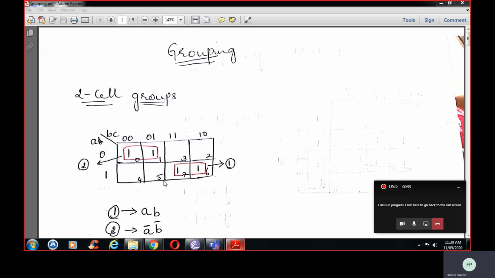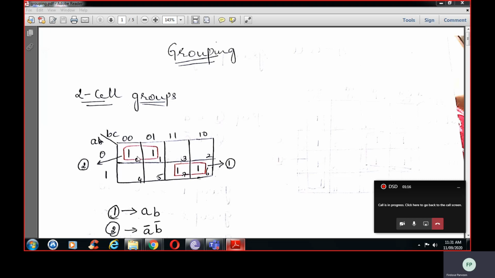Here you can see a 3-variable K-map. The variables are A, B, C, and we have taken an example for 2-cell grouping. So this is cell 0, this is cell 1, this is 2, 3, 4, 5, 6 and 7.